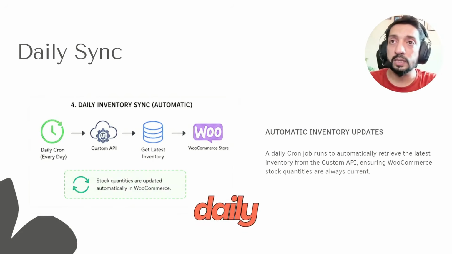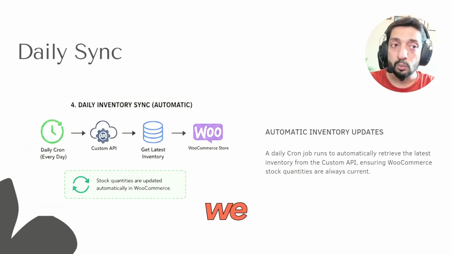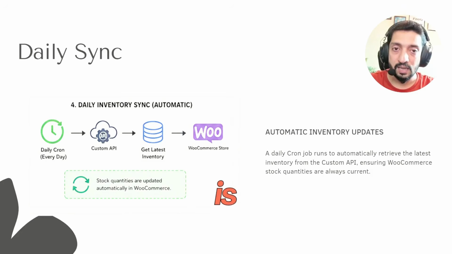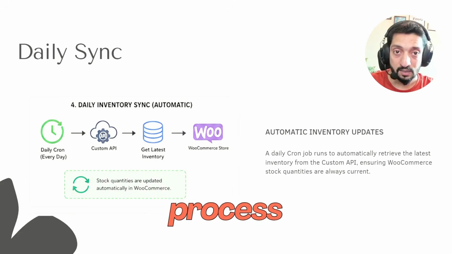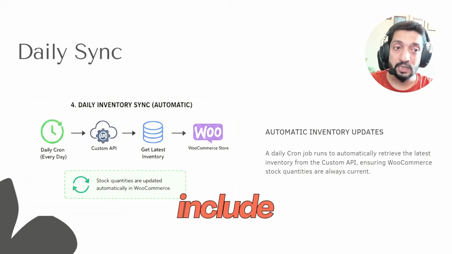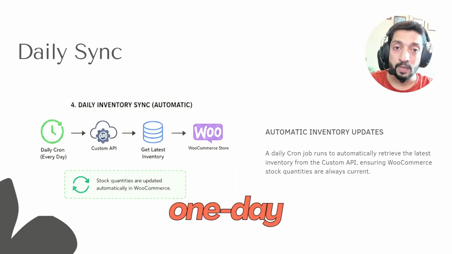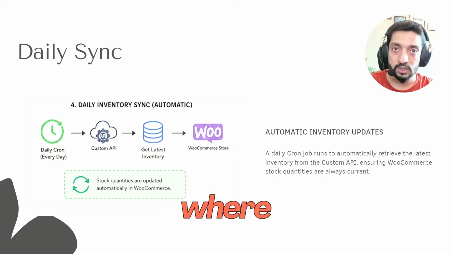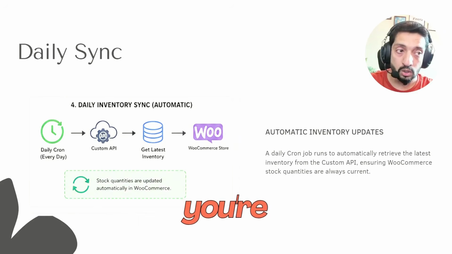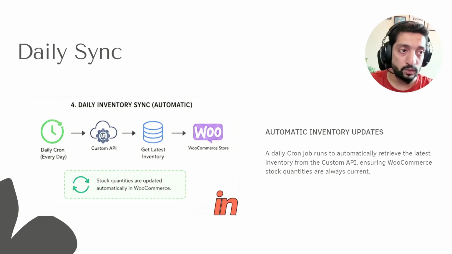Now comes the daily sync. Since we have the product information, we have everything that we need, the product details, all the variation. The next thing is the sync process. Now this sync basically includes a one-way sync. One-way sync is where you are just going to update the stocks, you're going to update the inventory in your